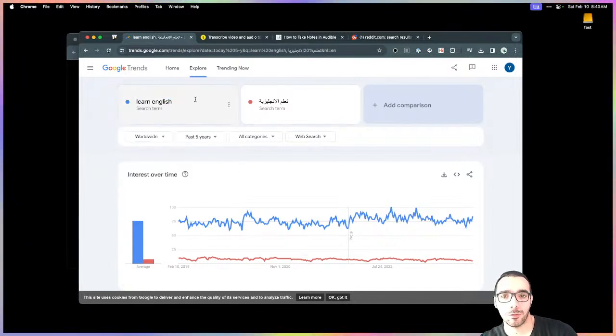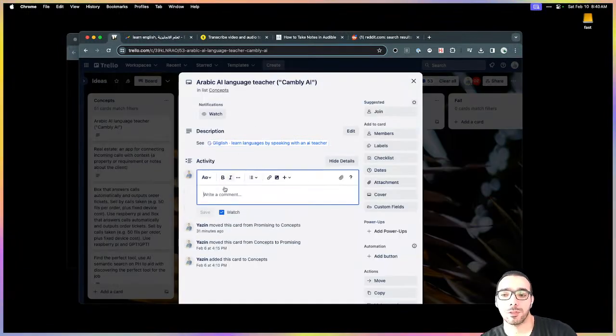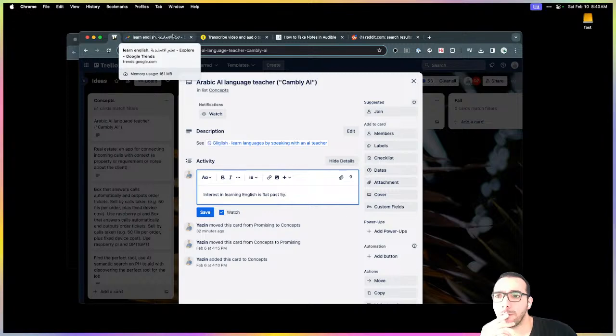There are other alternatives. I don't know. Yeah, definitely something to note: interest in learning English is stable, is flat. Past 5 years. I mean, that's definitely a downside.